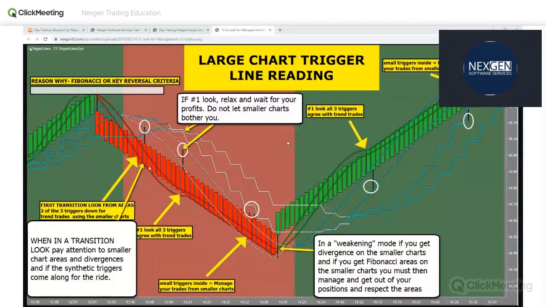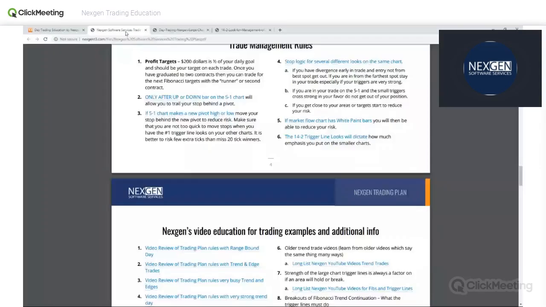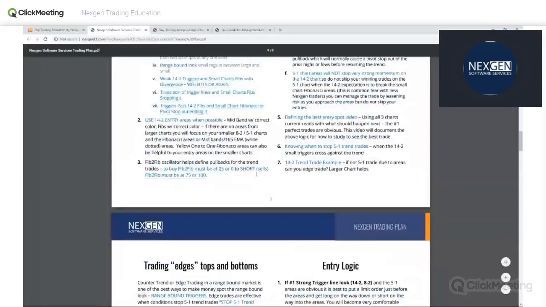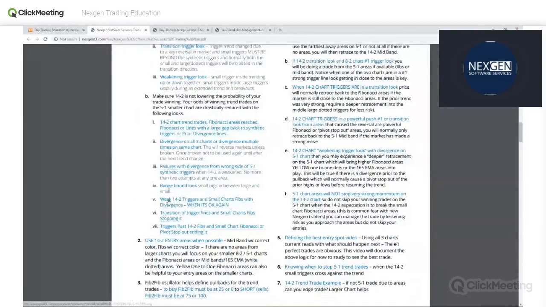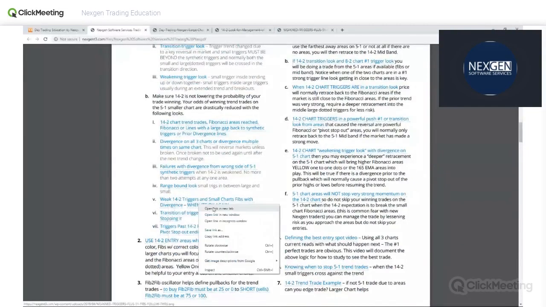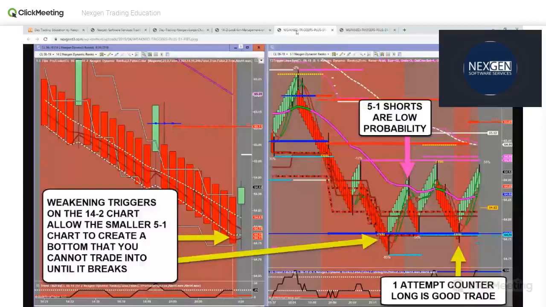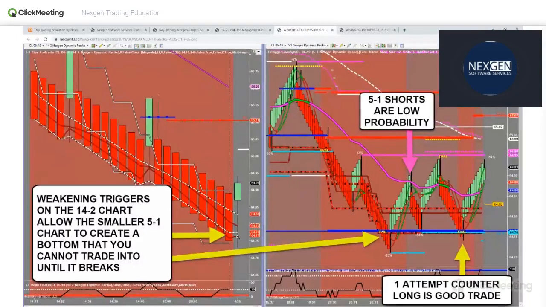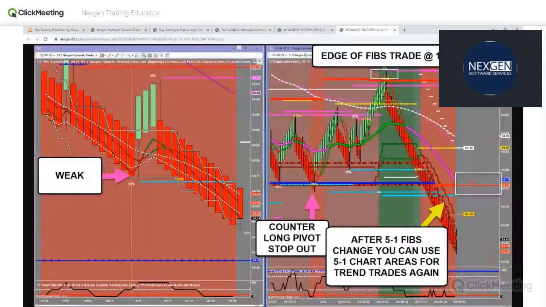Which position you're in, transition, number one, or weakening, is going to tell you how much to pay attention to the smaller chart areas. So again, the management and entries are the same thing, but just these two pictures alone, I think really sum it up for you. If it's weak, well, you pay attention when there's smaller chart fibs and divergence. And not until,